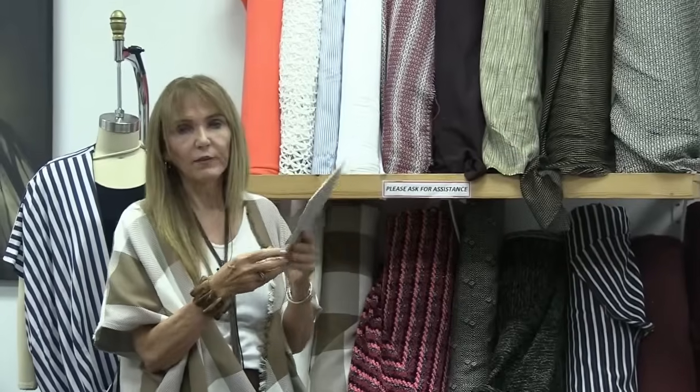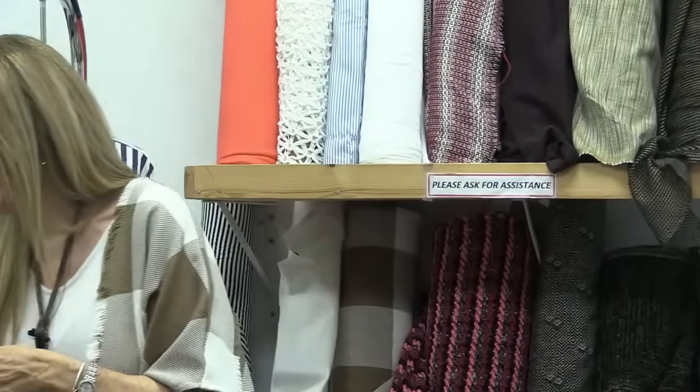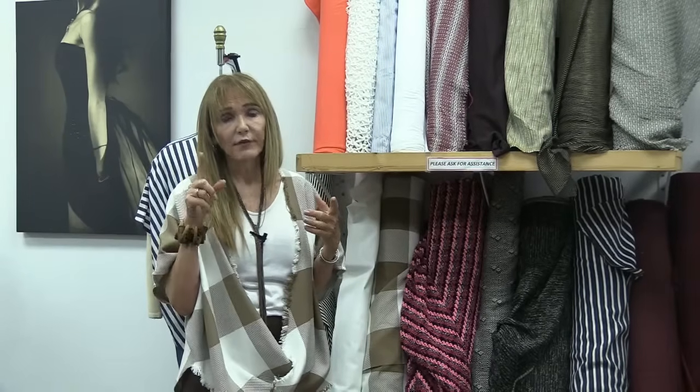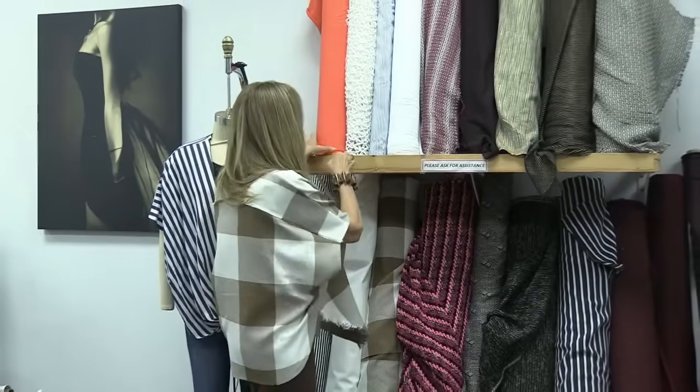We're talking pattern number 95, Brooks top. It is on sale. I guess the first is Monday, so you've got a week or so to get it. We've got less than a week. But the goal is to show you how versatile this could be. I'll show you when I get there. Okay, so